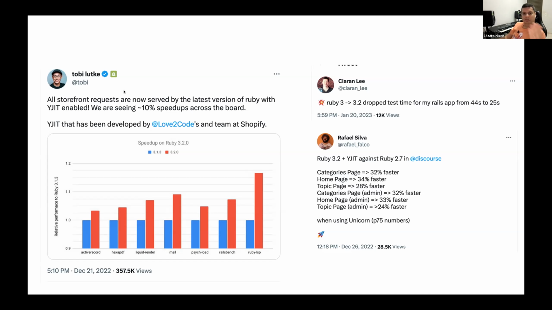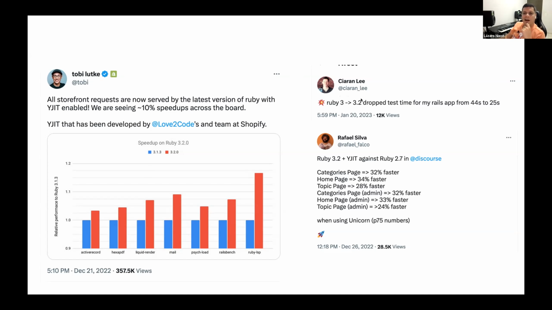You can see some people saying that on Shopify they had 10% speedups. So Active Record and others, they are using YJIT.